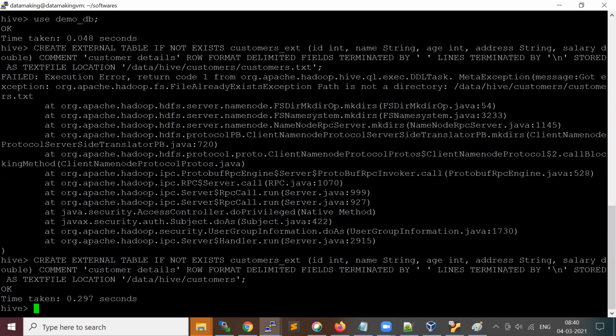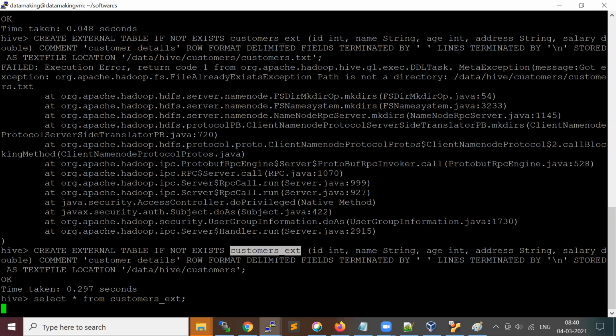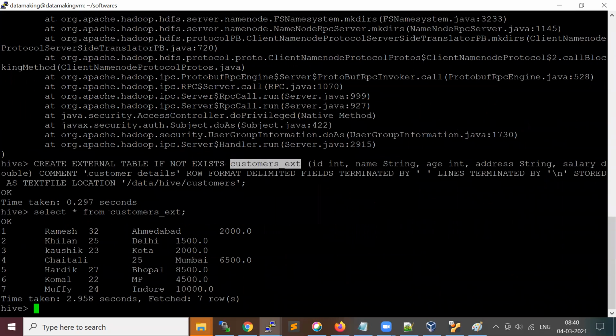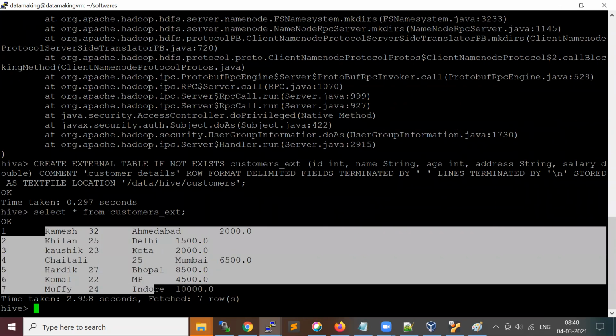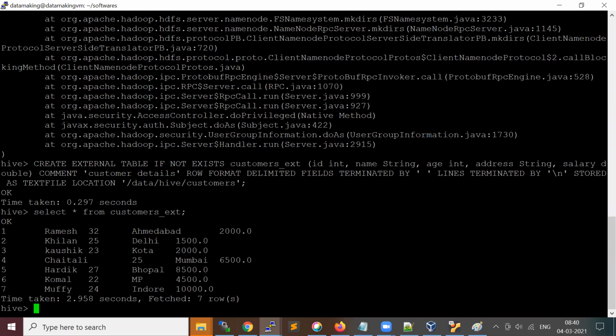Okay, now I'll just try to select. There are a couple of things I will show you. So this is showing the data of my table.